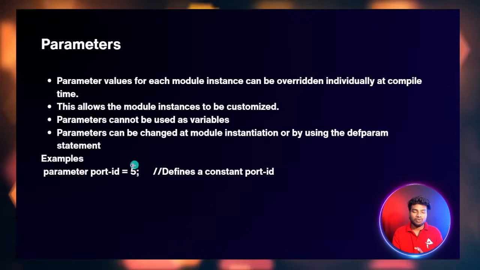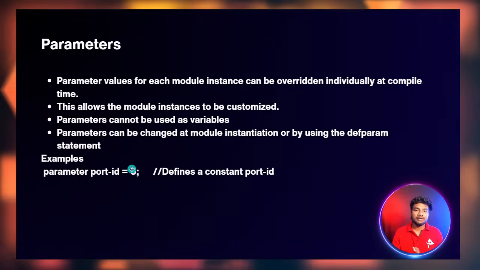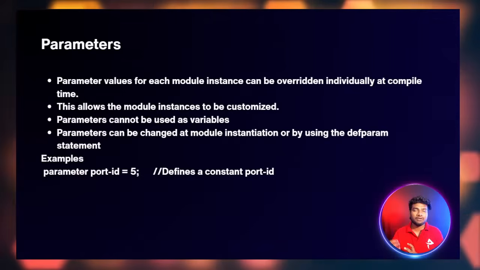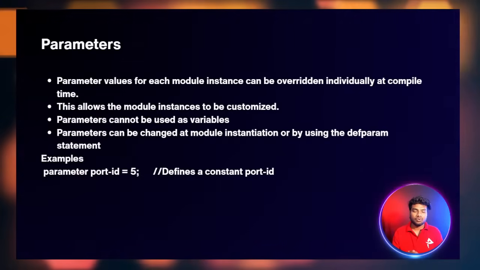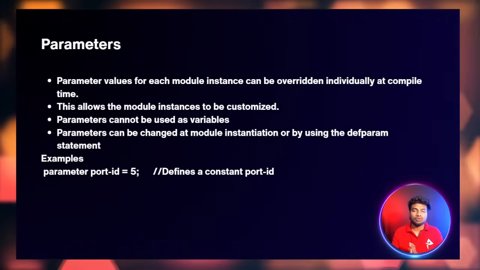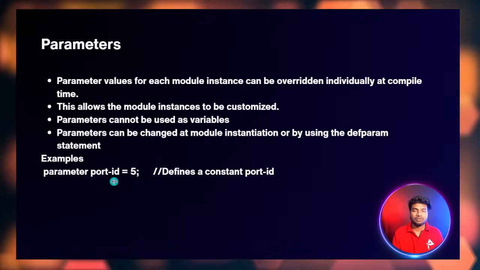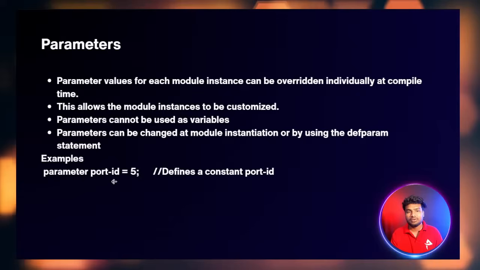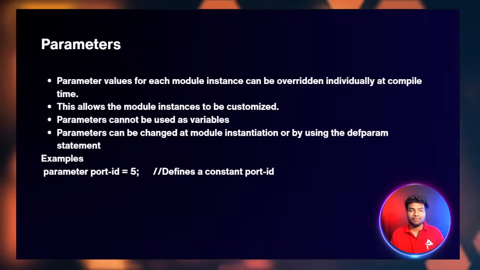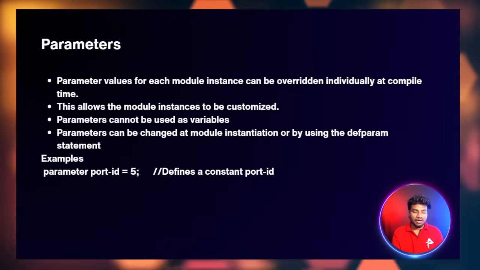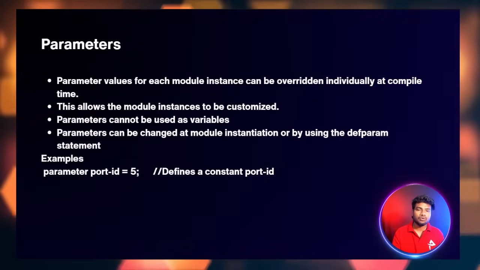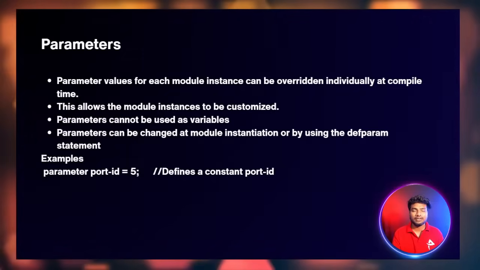If you change it one time, it will automatically reflect wherever the parameter is used. So if you don't want to change all the places in your code, if you change it here, it will automatically override the values wherever you use it. This is how a parameter is used. And then we can also overwrite, which means we can also change it.